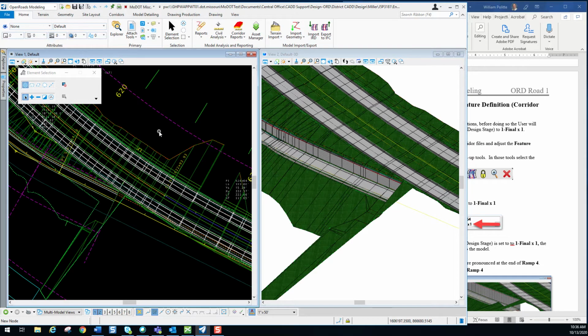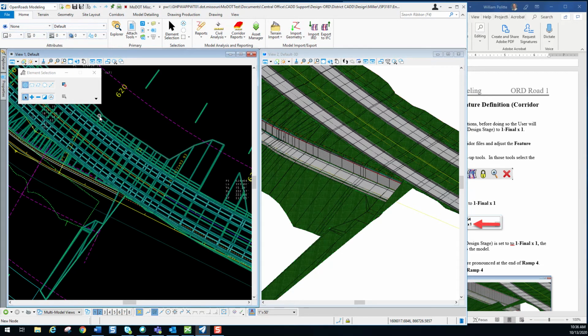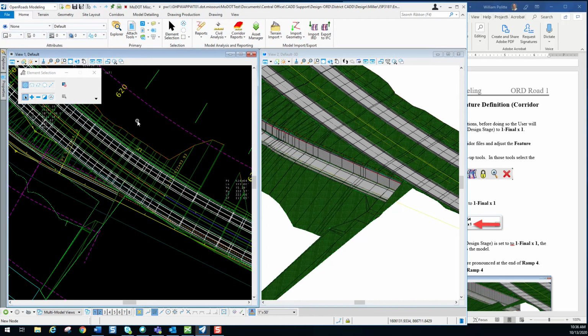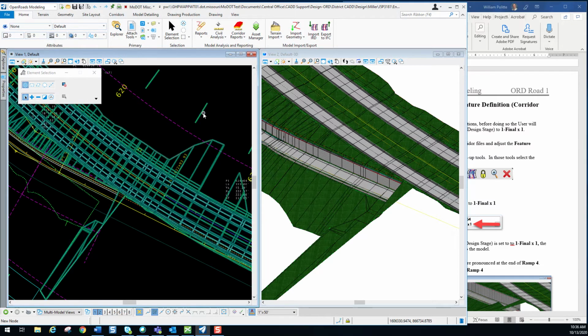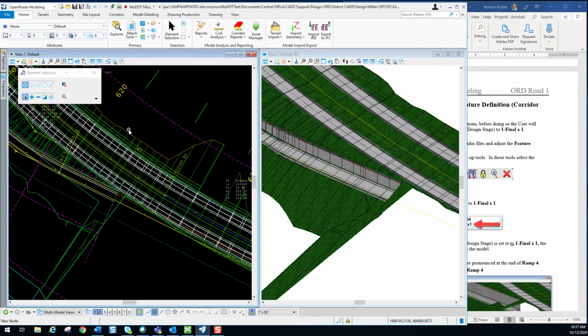Wherever there's a cardinal point, meaning any kind of PC, PT, or any vertical points that need to be called out, it's going to automatically drop a template right there. That's why you'll see some closer than you'd normally expect if you set it up to do a certain distance. This one's been set up at 25 feet, so you would think every 25 feet you would see a template drop. But what we're actually seeing is a preliminary feature definition, meaning it's multiplied by 5. So 5 times that 25 gives us 125 feet